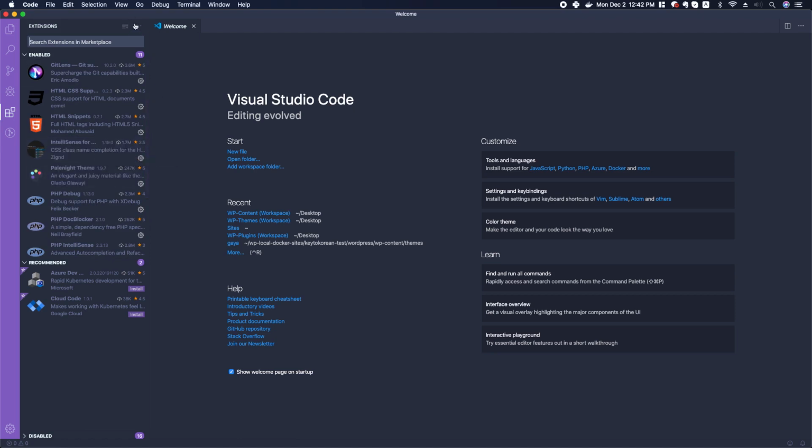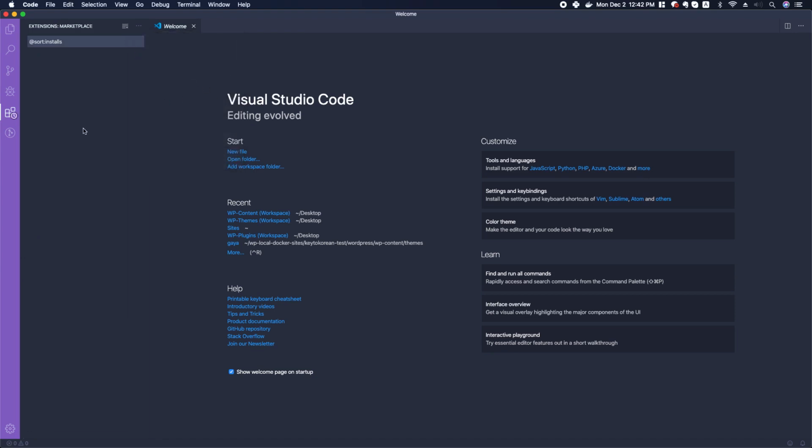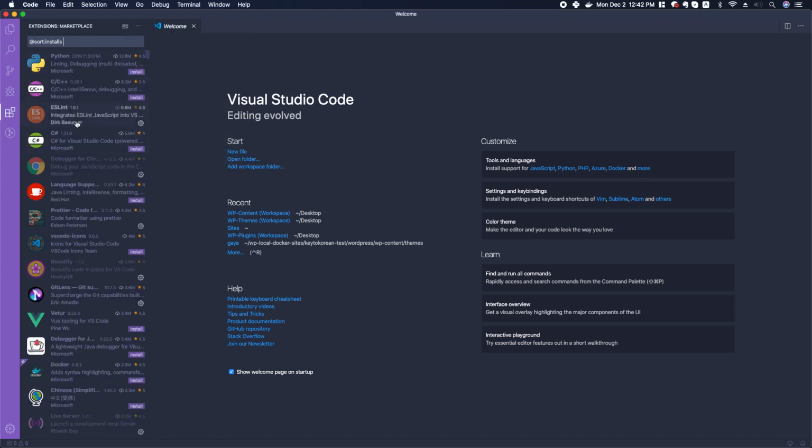So if you click this little 3 dots up in the right corner of this menu, you can see installed extensions, outdated extensions, etc., all the way down to popular extensions. You can click popular extensions, and then you can see some of the most popular extensions that are available for us to download and install. And so a couple of things you should notice is, first, this number right here shows how many people have downloaded it. 13.8 million people have